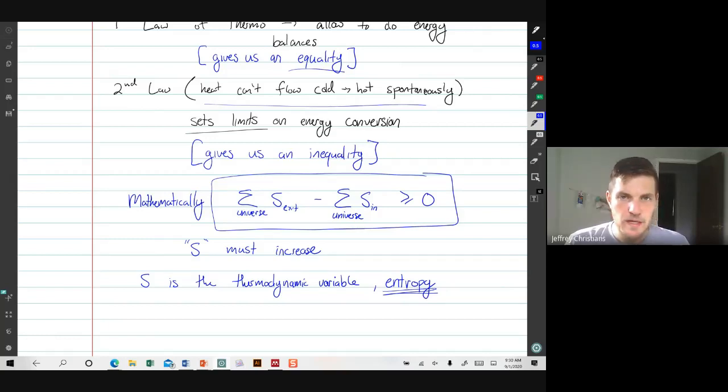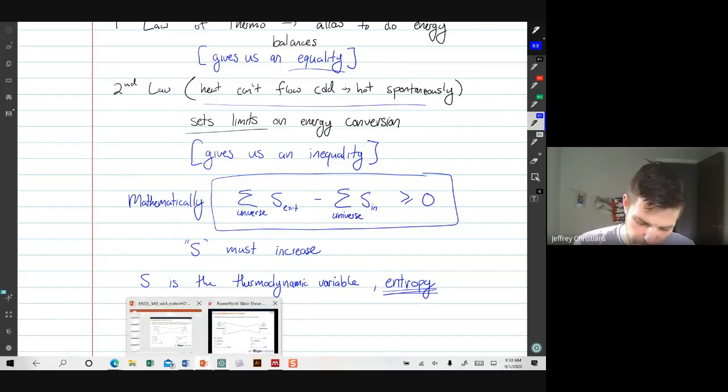So we give entropy. It's going to be the key property, which gives us information about the second law of thermo. And it's going to be our check of kind of can the process happen or can it not happen? It can happen if S is going up from, say, the inlet to the outlet. If we go back to our nozzle,